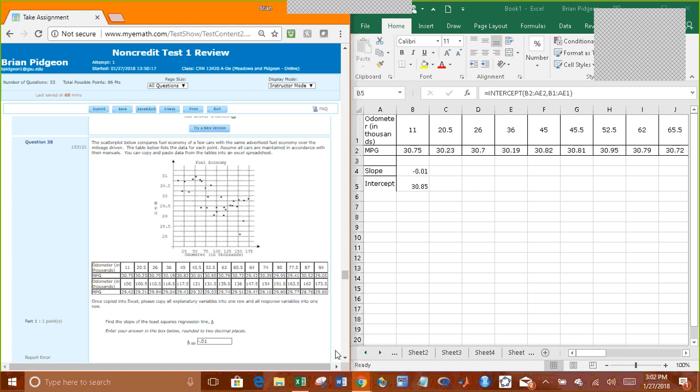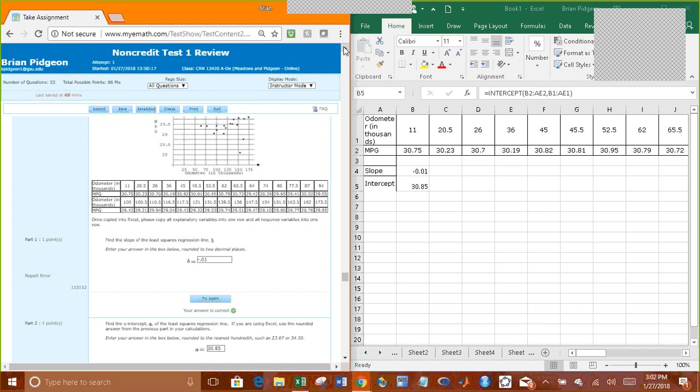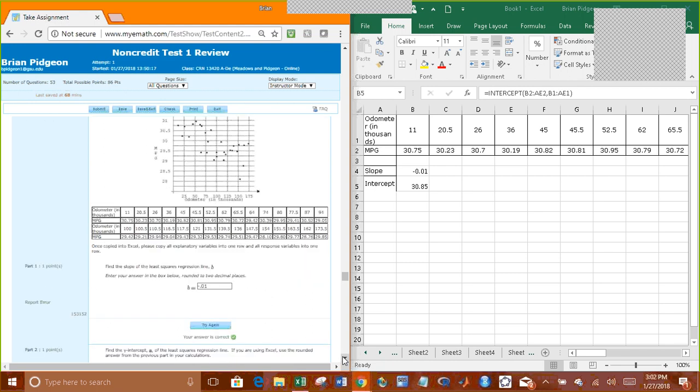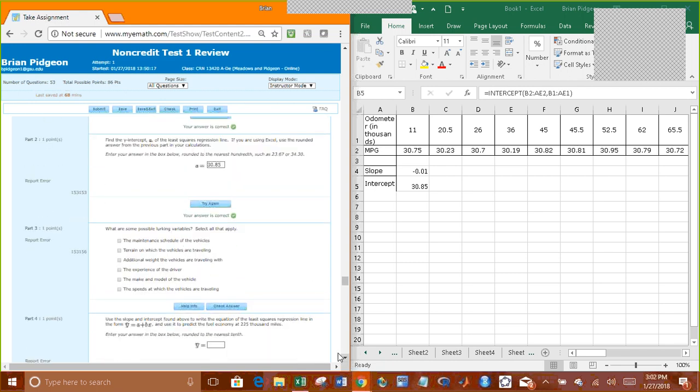So, what are some things that affect that? Well, it says assume that all cars are maintained in accordance with their manual. Alright. So, the maintenance schedule of vehicles, terrain which the vehicles are traveling, that could be a lurking variable. Cars that are driving on rougher terrain tend to have different miles per gallon. Additional weight, that's something to consider. Experience of the driver, make and model,